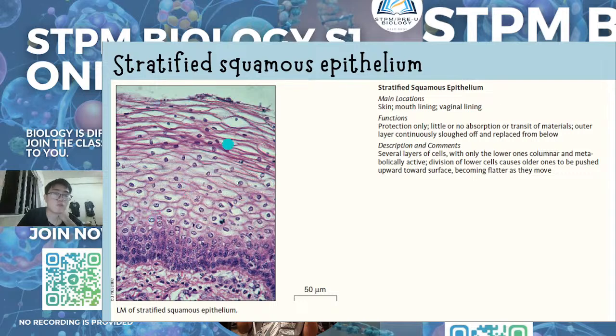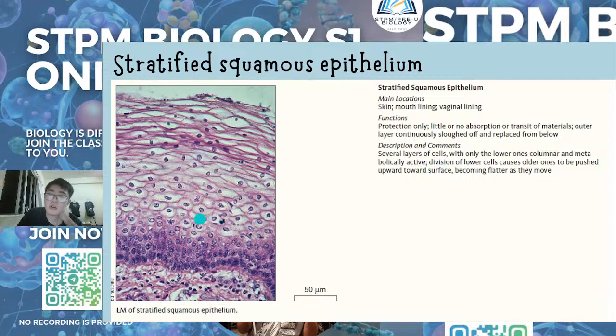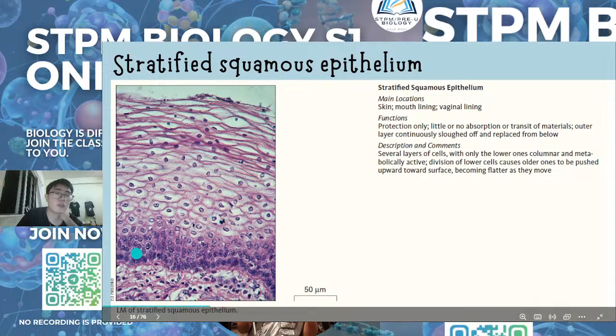The surface is very flat. Why? Because only the lower cells are columnar and metabolically active. So normally the lower part is more active compared to the upper part. The division of the lower cells causes the older ones to be pushed outward toward the surface. So normally the surface cells are old cells,